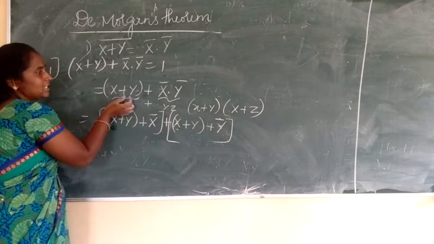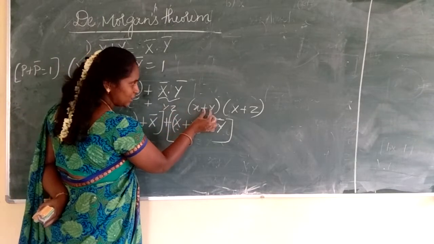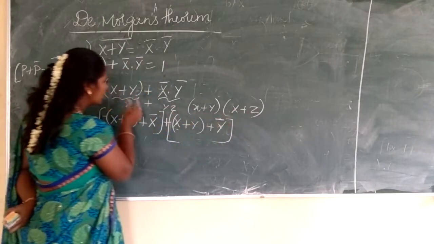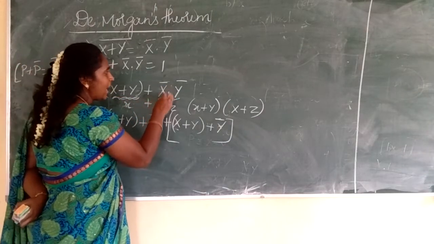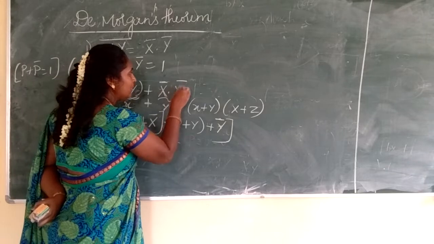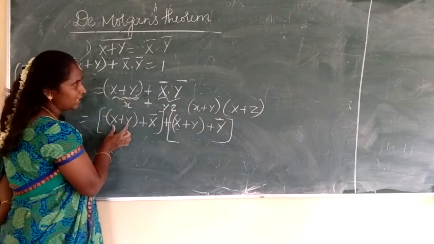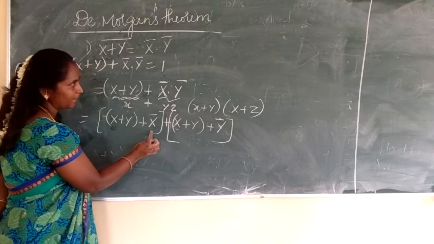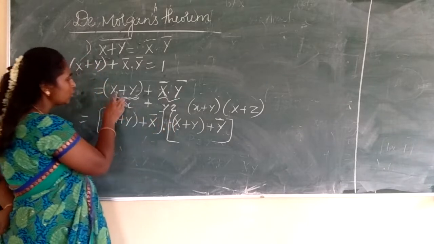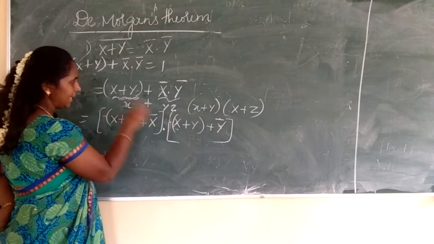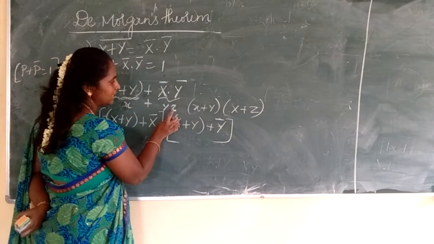See once again I am saying according to distributive law, that is x plus yz is equal to (x plus y) into (x plus z). So this I am considering as an x as it is, plus x bar becomes my y, bar becomes my z. So I have to group this one. X as it is I have written, y is nothing but my x bar. Next, plus, sorry, into next, what is my x as it is plus y bar, that is nothing but z, that is nothing but y bar.